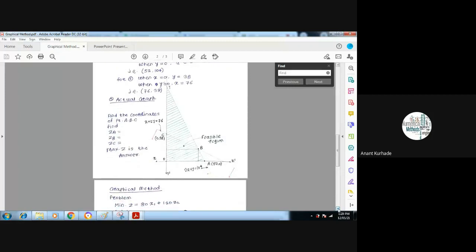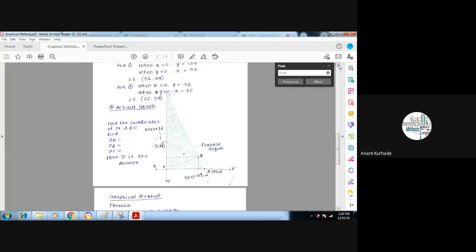Now we have to plot the actual graph. Okay, now this is important. I have not mentioned the answer here; we have to do this. I will share this PDF also. Now the actual graph: this is the x-axis and here is the y-axis. I have not written the units here, but you can easily understand.